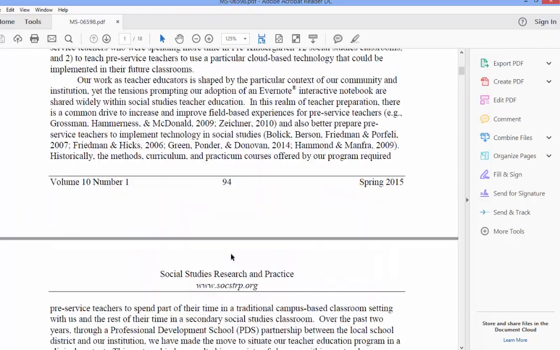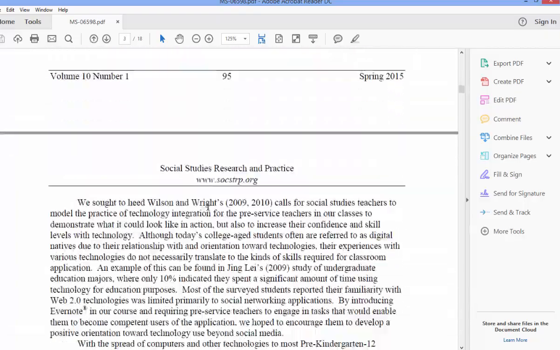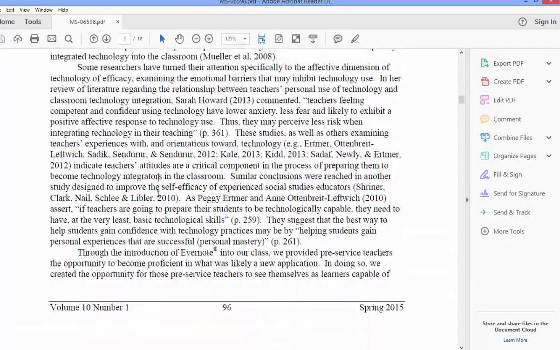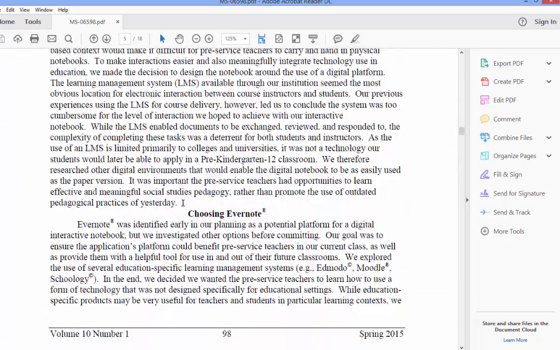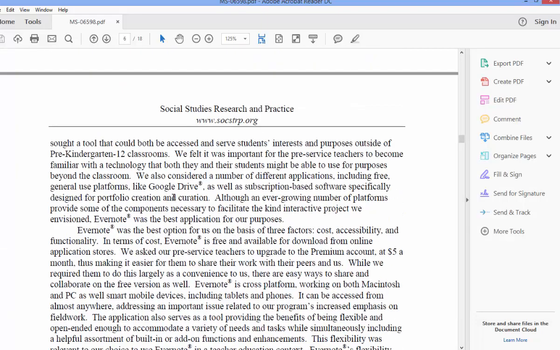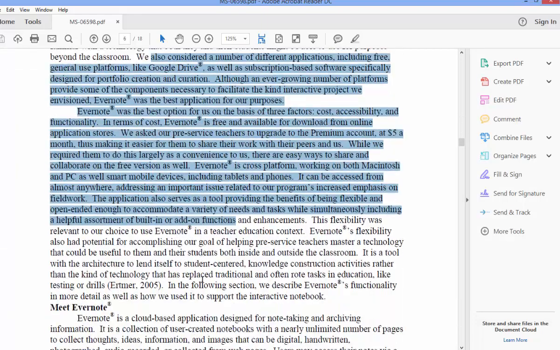Especially, one really good part of this is why Evernote. And what I would do, let me see if I can find it, is Choosing Evernote on page 98. Go ahead and read this, and then when you're going into Evernote, see if you can find some of those options. All right, so it's a very easy little article to read. So I would read this article, I would watch this video, which you've done, and then I would go ahead and explore Evernote,